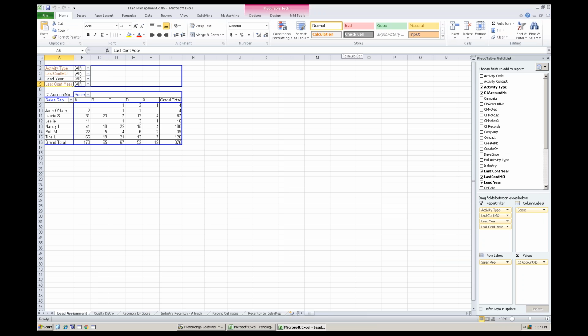So this is just our workbook that's got 6 different tabs in it. You can see down at the bottom, and just to sort of set the context, this is a Sales Manager's report. This is a way of seeing who has what quality of leads as scored by an ABC kind of a scale, who has those assigned to them, and as you can see, we've got other fields in here, such as using the last contact date,